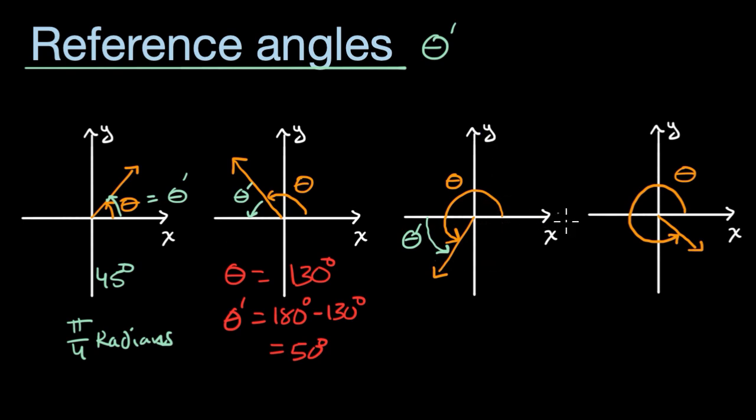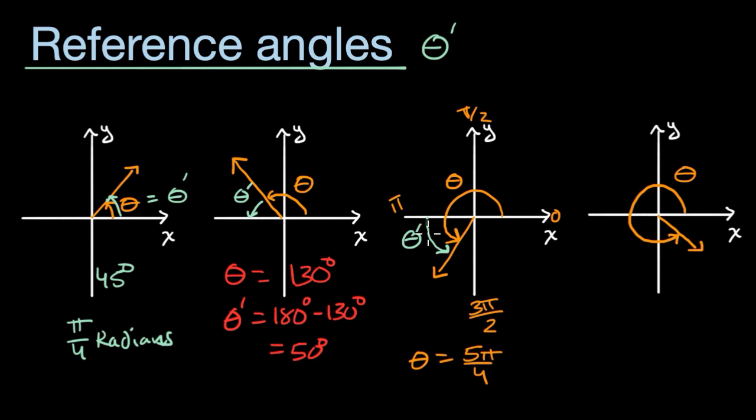So we know that if we're pointed this way, we're at 0 radians. This is pi over 2. This is pi. This is 3 pi over 2. And so we could view this as 2 pi over 2, so we could view this as maybe 2.5 pi over 2, which is the same thing as 5 pi over 4. So if theta in this situation is equal to 5 pi over 4,